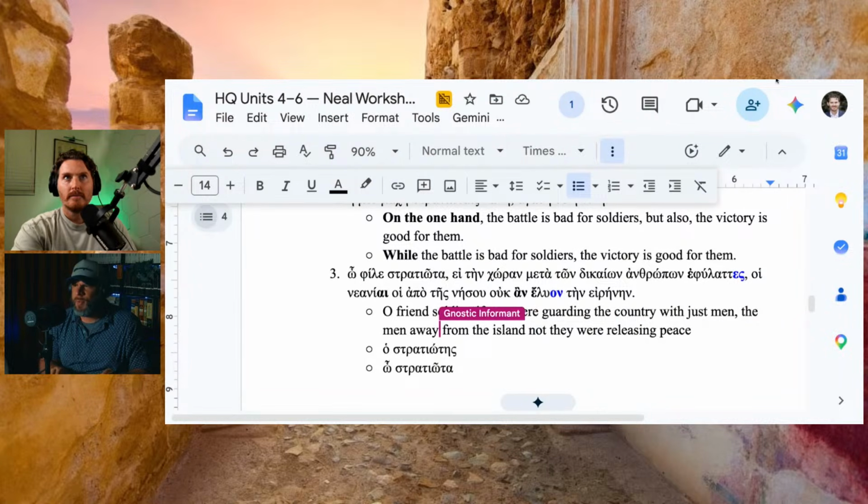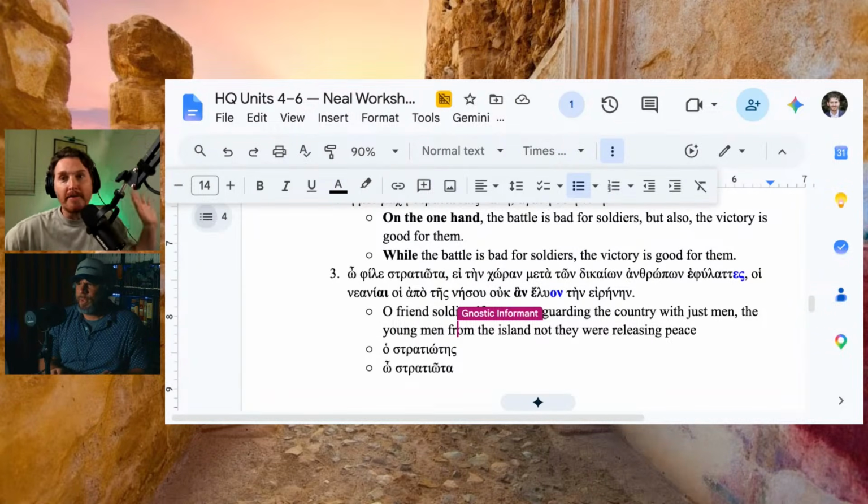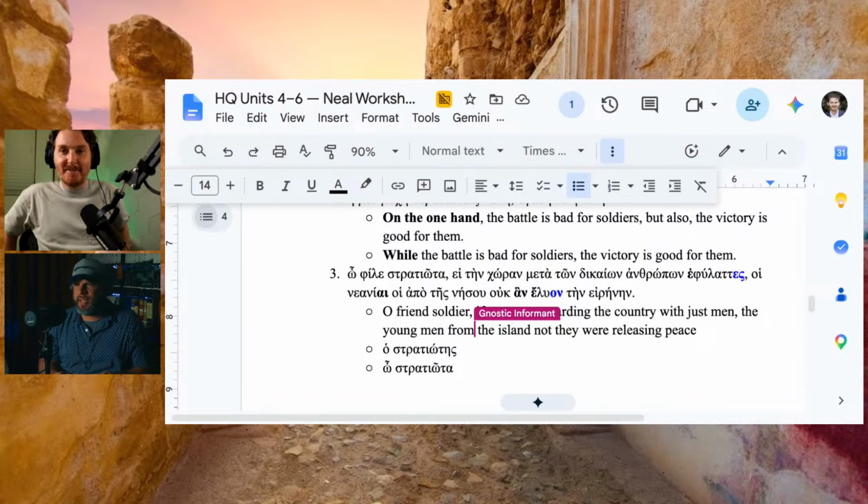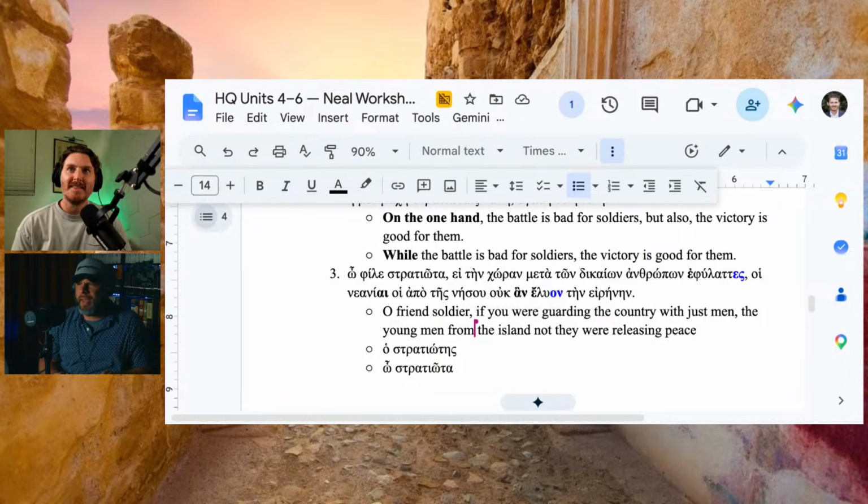We got to move this way out of here. Yeah, and these are young men. They're neaniai. Yeah, they're young men. You're right. The young men. Yeah, because remember, we're in classical Greek, so we don't have neaniskoi. We don't have neaniskoi here. Yeah. So the young men from the island were not